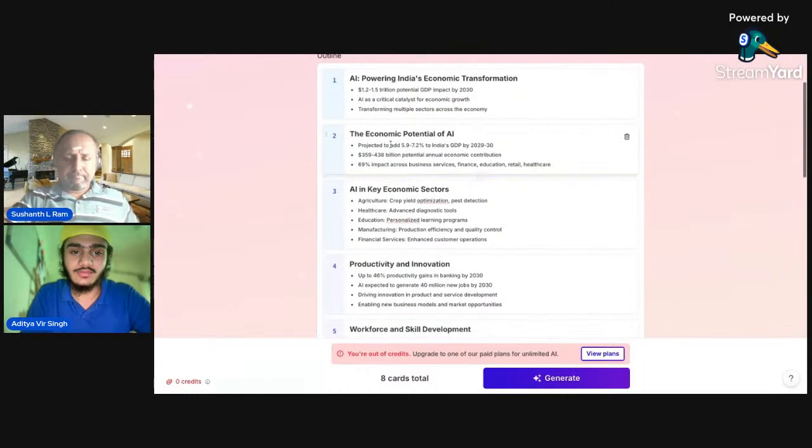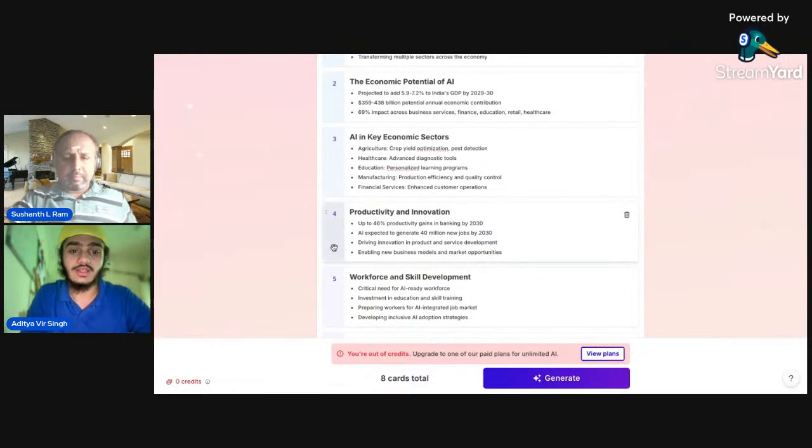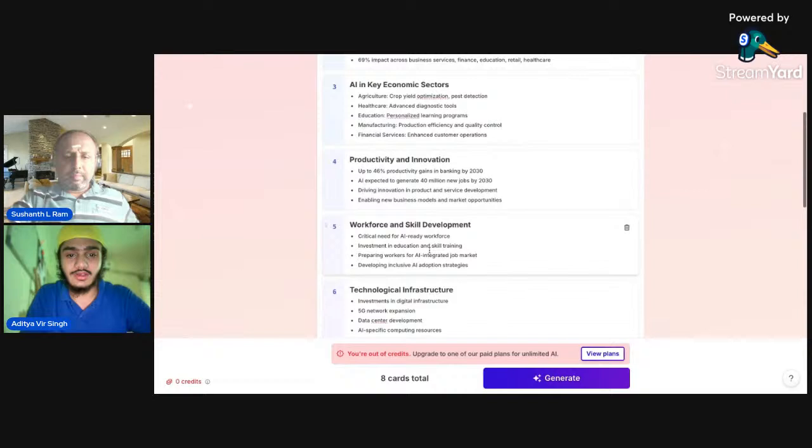It covers how AI can be used in various fields: agriculture, healthcare, education, manufacturing, financial services. Next is productivity and innovation, like up to 46% productivity gains in banking by 2030, and AI expected to generate 40 million new jobs by 2030. That's extremely good news for our nation.